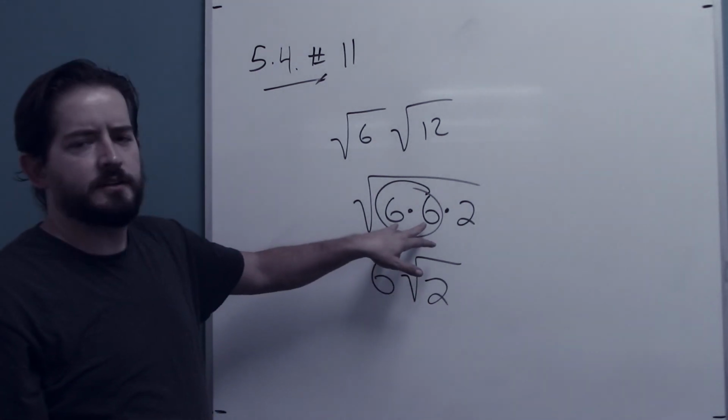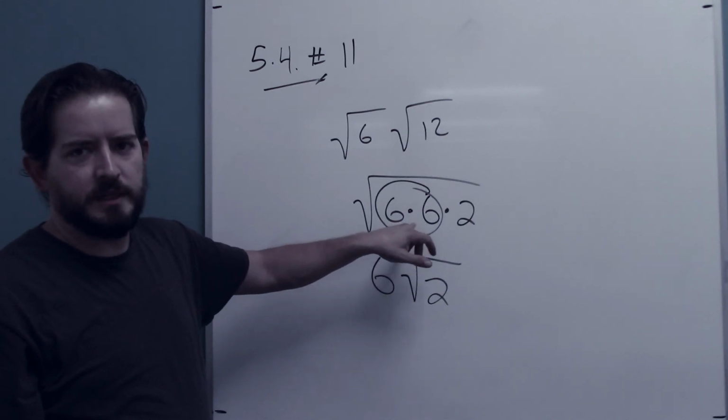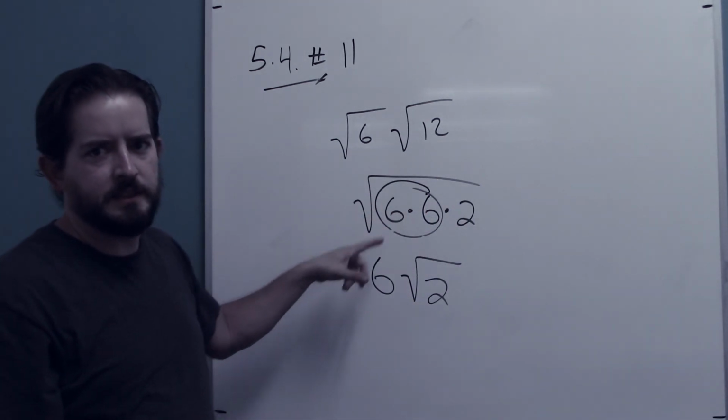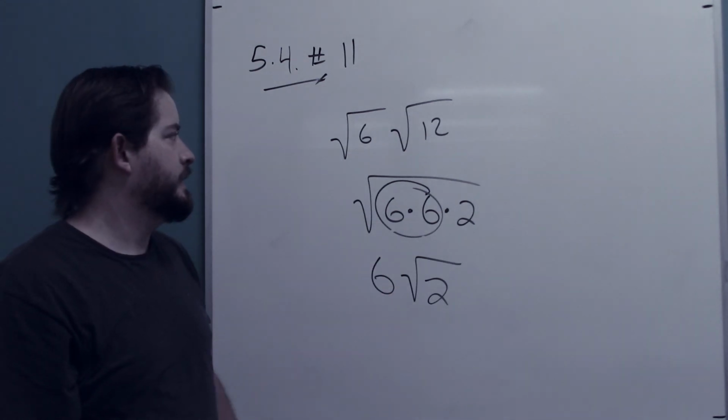I could also break this all the way down, 2 times 3 times 2 times 3 times 2, pull out a 2, pull out a 3. Still ends up as a 6. I still have a 2 left over. At any rate,